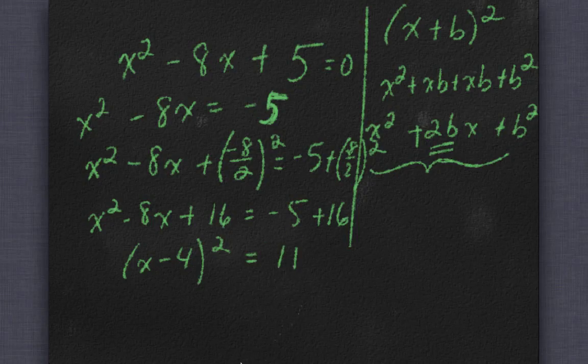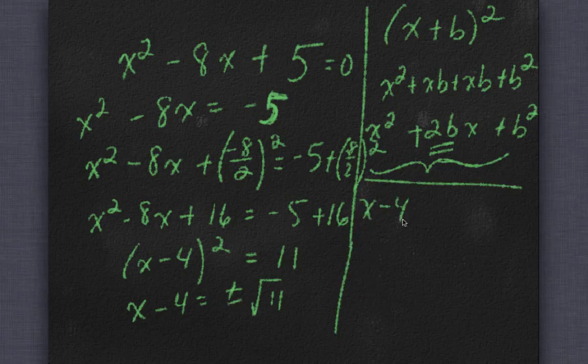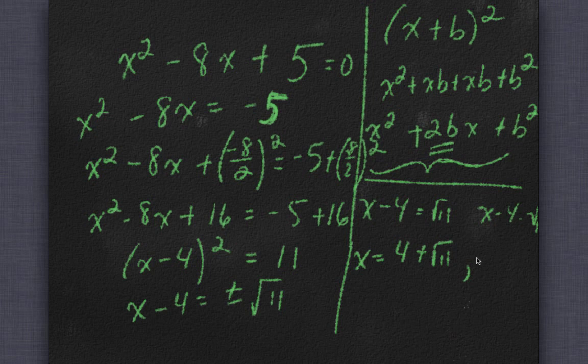That equals 11. Now I can take the square root on both sides. x minus 4 equals plus or minus square root 11. So either x minus 4 equals root 11 or x minus 4 equals negative root 11. We'll pretend you can see that. So either x equals 4 plus root 11 or it equals 4 minus root 11. So these are my solutions,